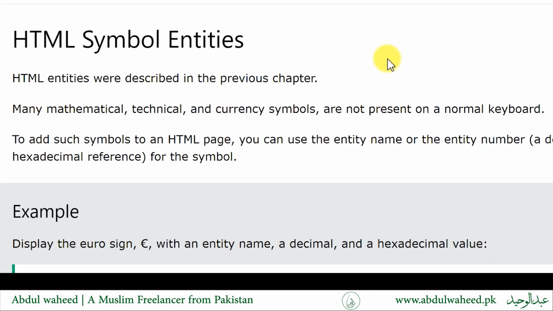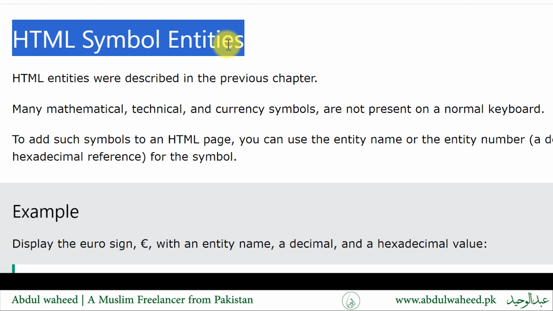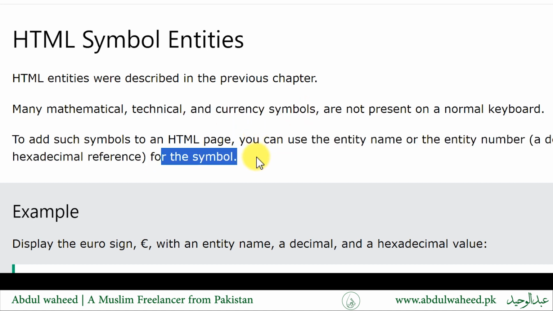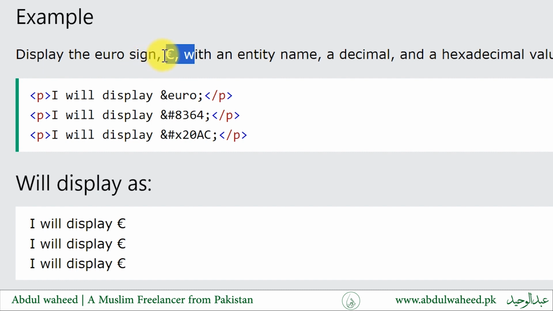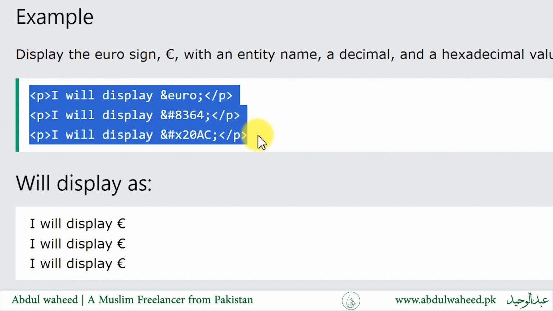HTML symbols. Symbols that are not present on your keyboard can also be added by using entities. HTML entities were described in previous chapter. Many mathematical, technical, and currency symbols are not present on a normal keyboard. To add such a symbol to an HTML page, you can use the entity name or entity number, a decimal or a hexadecimal reference for the symbol. For example, display the euro sign with an entity name, a decimal, and hexadecimal value will display as